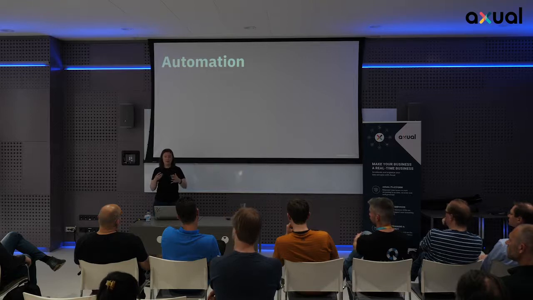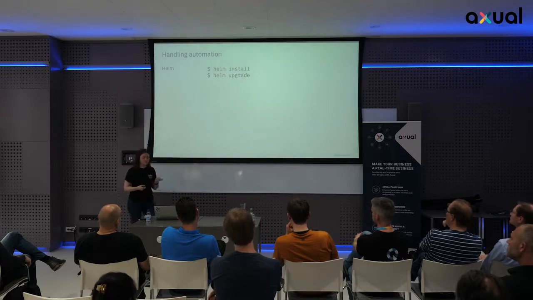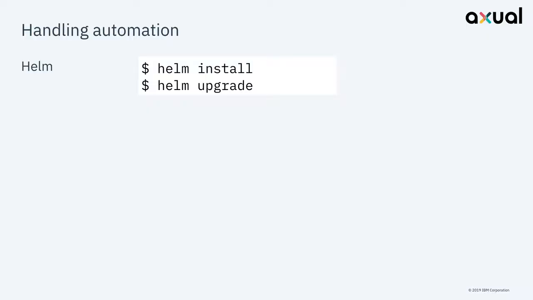But it is worth being aware of what's happening under the covers so that you can debug if things go wrong. But from an automation point of view, we're actually currently using Helm. So Helm is YAML-based, very similar to Kubernetes. You define what Kubernetes things you want, and then off it goes. And specifically, we use it from an install and an upgrade point of view.